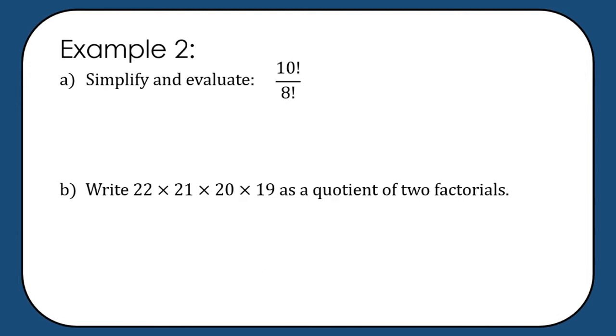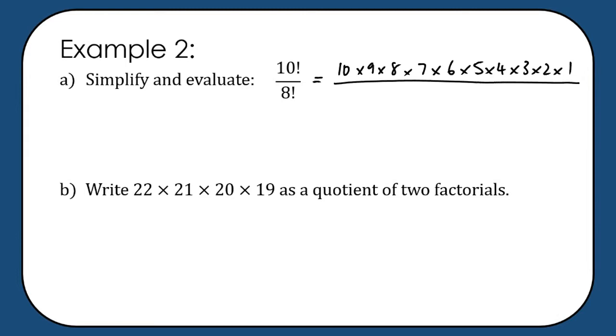Okay, here's just some playing around with factorials. So simplify and evaluate 10 factorial divided by 8 factorial. The intention here is not for you to go for your CAS, it's to think about what these factorials mean. So we know that 10 factorial is 10 times 9 times 8 times 7 times 6 times 5 times 4 times 3 times 2 times 1. And we know that 8 factorial is 8 times 7 times 6 times 5 times 4 times 3 times 2